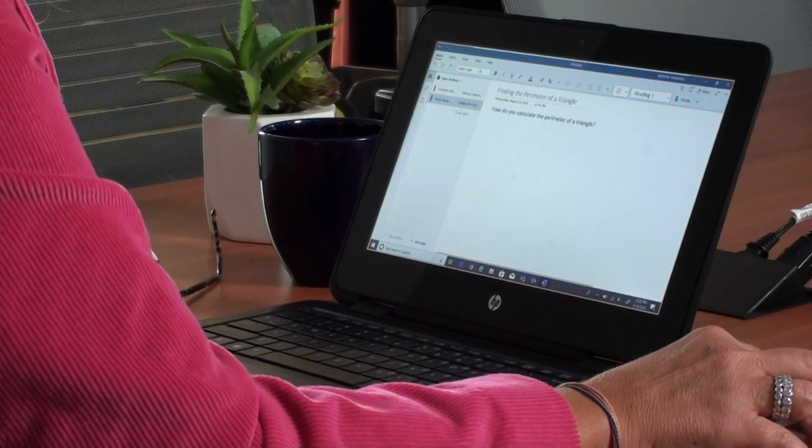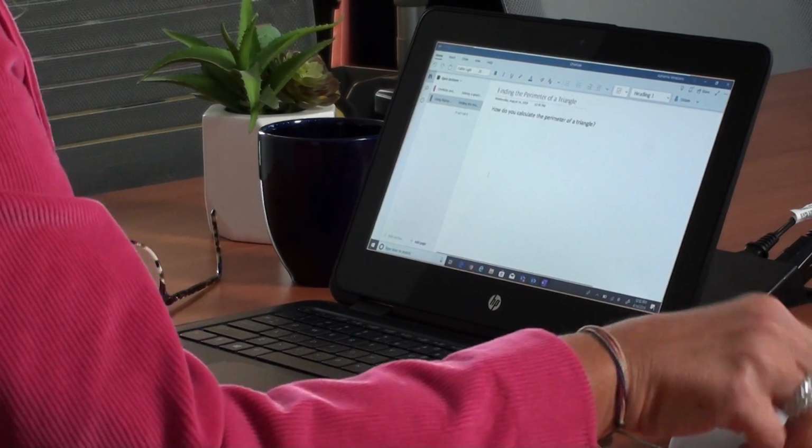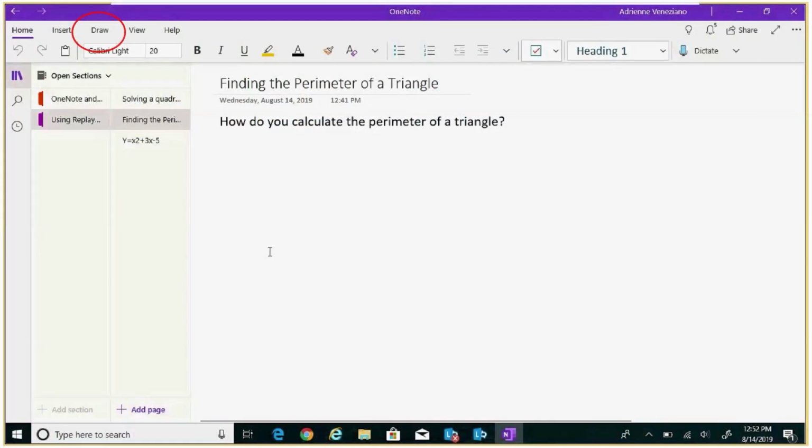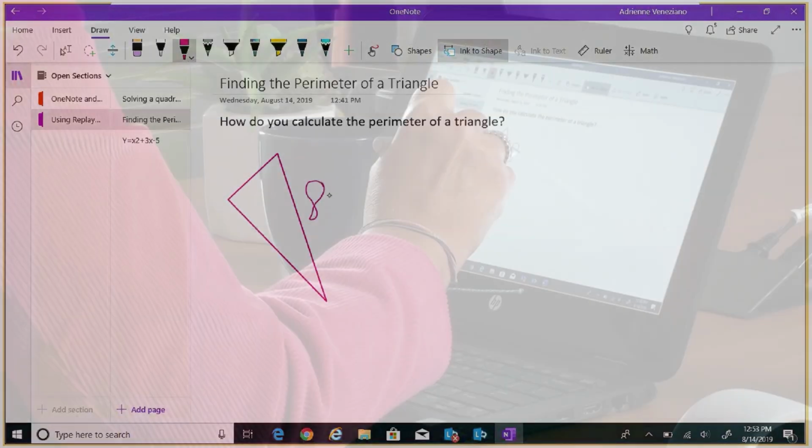Let's explore this together. An example we can look at is finding the perimeter of a triangle. When you click the Draw tab within the toolbar, you can select the pen or finger of your choice, and by selecting the Ink to Shape, I can draw out my triangle. I can now put in the measurements of each side of the triangle